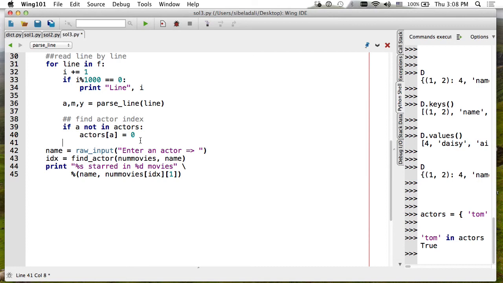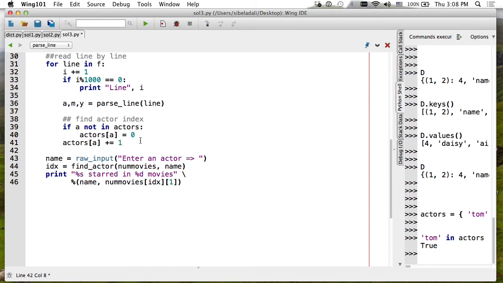So, I don't need to really write a way to look up things. This is order of 1. And I am going to add 1 to the actors. Now I'm going to read a name. If name in actors, remember this is a set lookup, I'm going to print